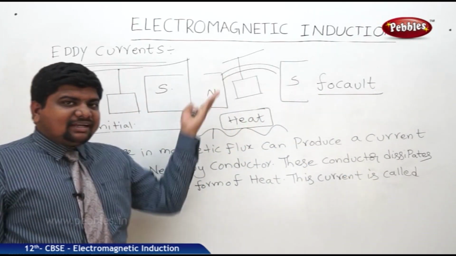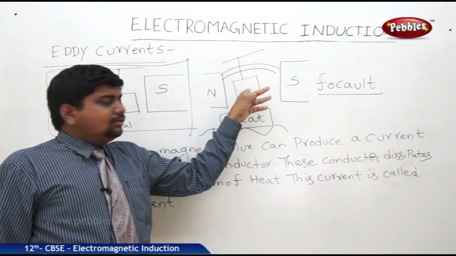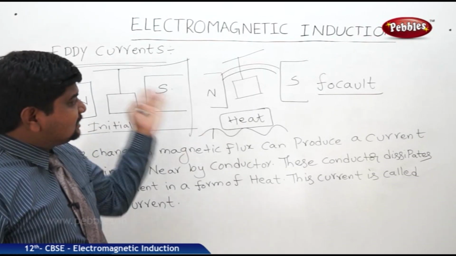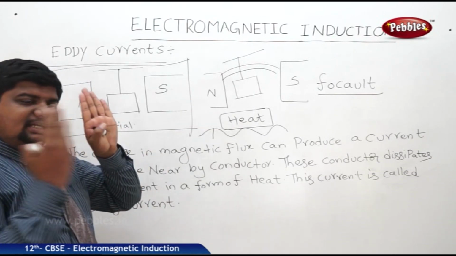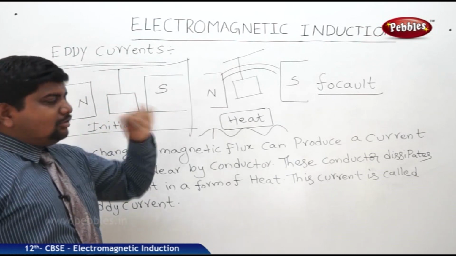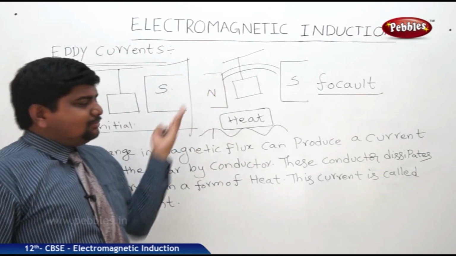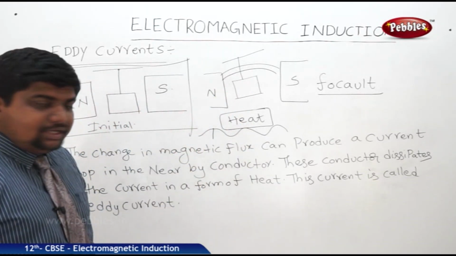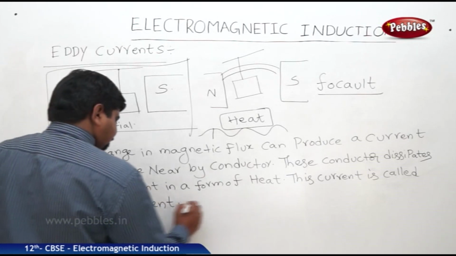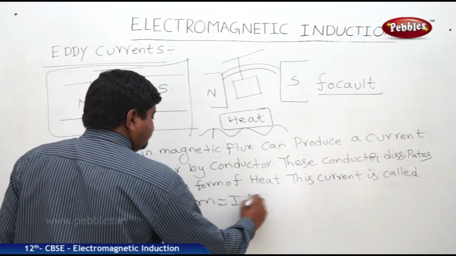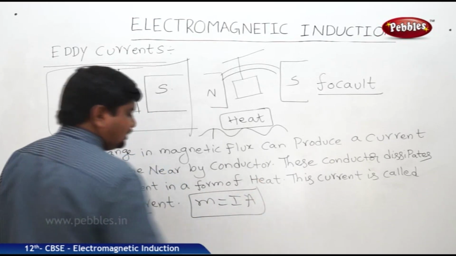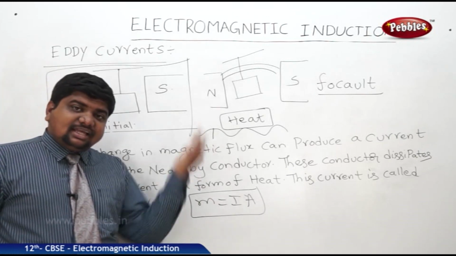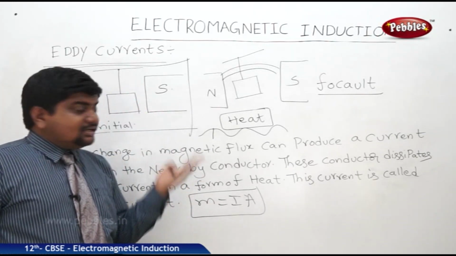So, a wave-like pattern you can observe in a metallic conductor when it is placed between a north and south pole. When it is approaching the south pole, when it is near the south pole, the field will be like this. So the change in magnetic flux alternates with respect to the poles' strength. This is called eddy currents. The formula is M equals I into A: magnetic moment is equal to current into area of the conductor. We can reduce the eddy currents. These eddy currents have many uses and some losses also.